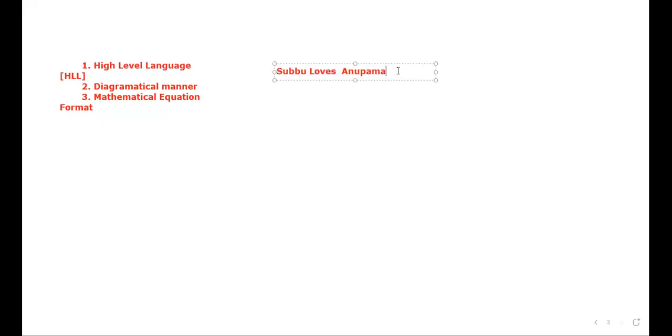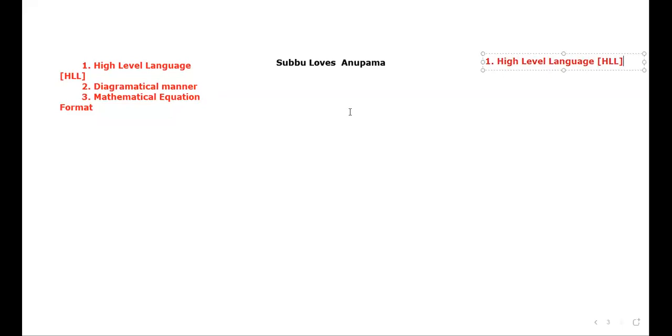Now tell me, this particular requirement is in which format? I want you people to tell the answer. Don't you think this requirement is in high level language format? High level language. Sir, how to express the same sentence in diagrammatical format, sir? I can tell like this here. As I'm very weak in writing the diagram, already I told you.